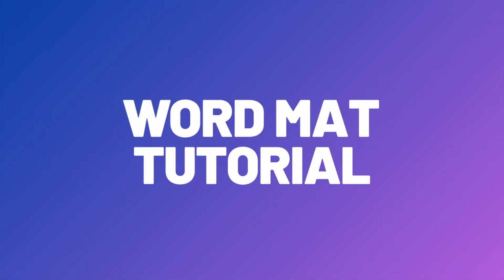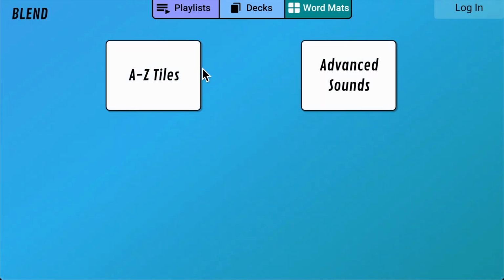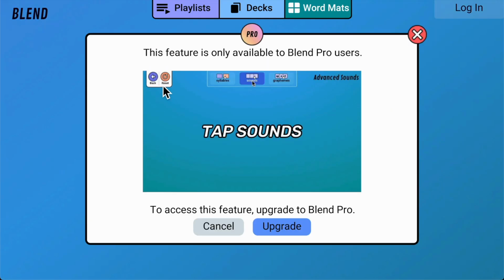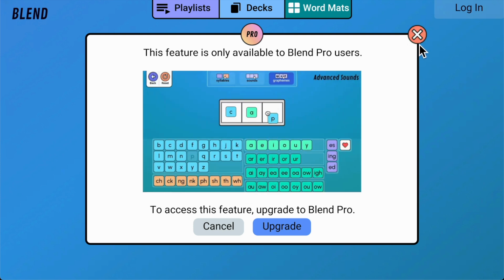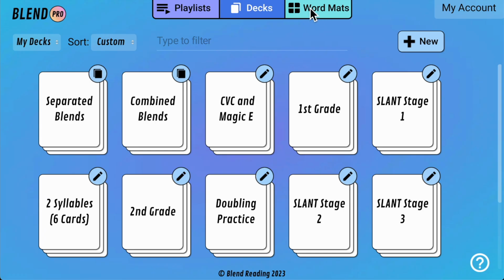You can access the word mats by going to the Blend app and clicking on the Word Mats tab at the top menu. Word mats are a Blend Pro feature, so you'll need to be logged in and subscribed to Blend Pro to access them. All right, I'll go ahead and log into my Blend Pro account and I'll go back to the Word Mats